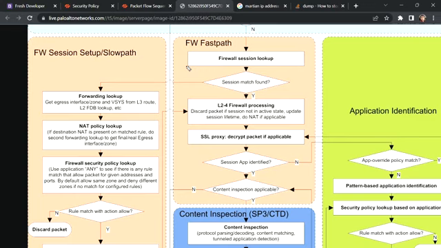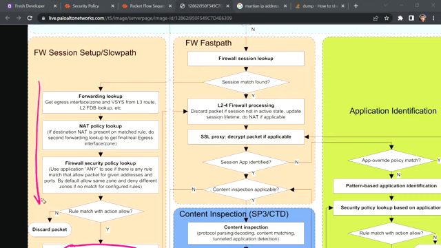So let's continue our discussion regarding our fast path. In the previous part, you came to know how the session is being set up and created. We go through our slow path, and based on these checks, the session is being set up. Once we are here in the fast path, what is going to happen